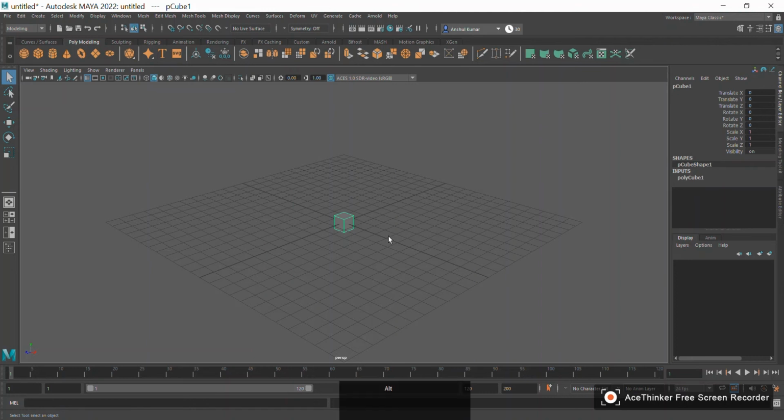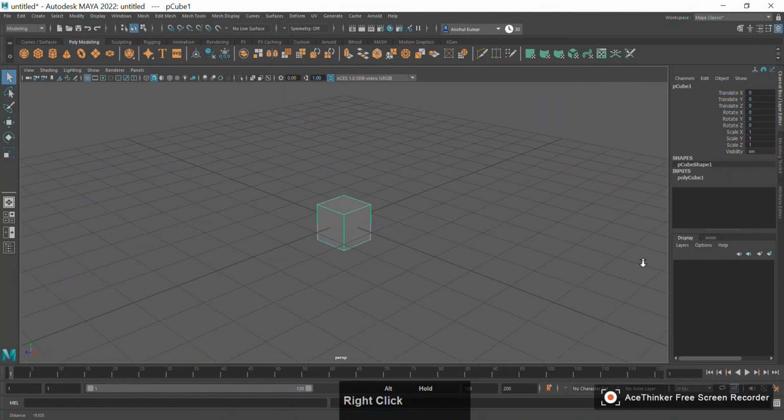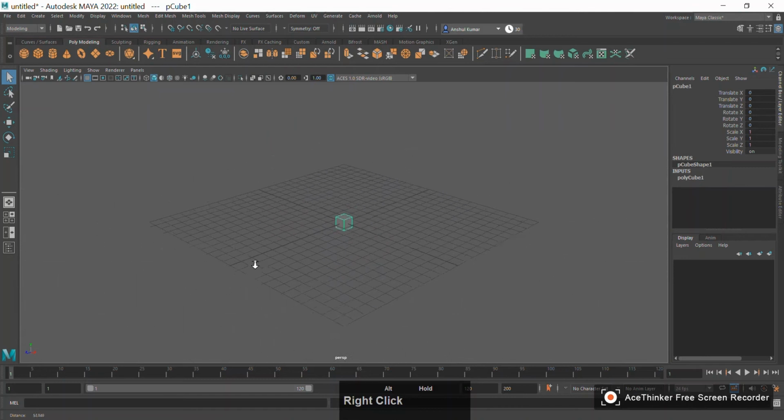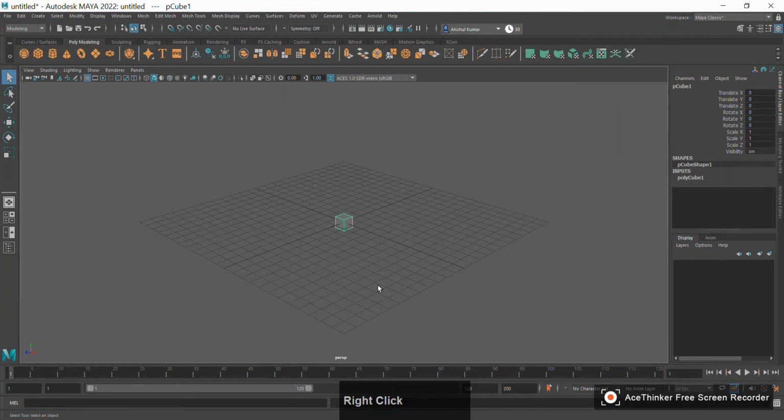Hold Alt, press the right mouse button, hold it, and if you swipe right with your mouse, you will zoom in. If you swipe left, you will zoom out. Again, hold Alt, press the right mouse button, hold it, and zoom in and zoom out. And there you have it. Now you can zoom in and out of Maya.